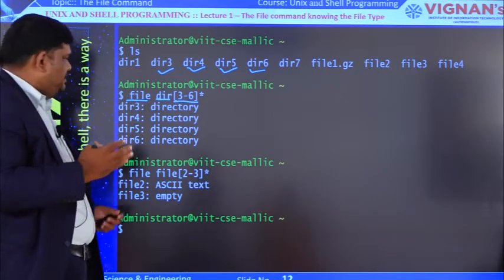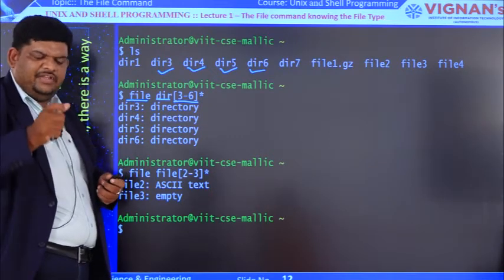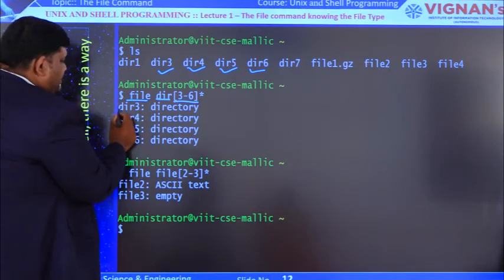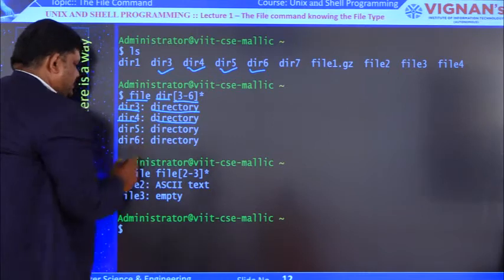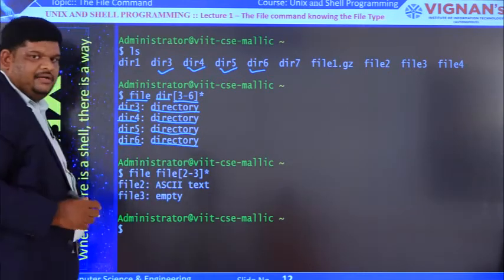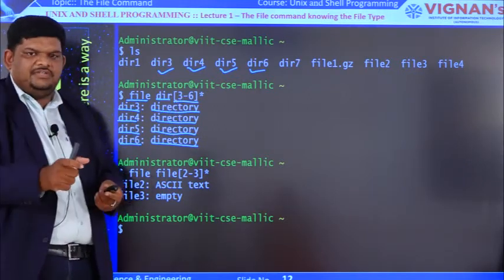That means DAR3, DAR4, DAR5, DAR6. Only within that range will it give the output. If you check here, DAR3 is a directory, DAR4 is a directory, DAR5 is a directory, DAR6 is a directory. Like that, with the help of the range option, only within the specific range will it give